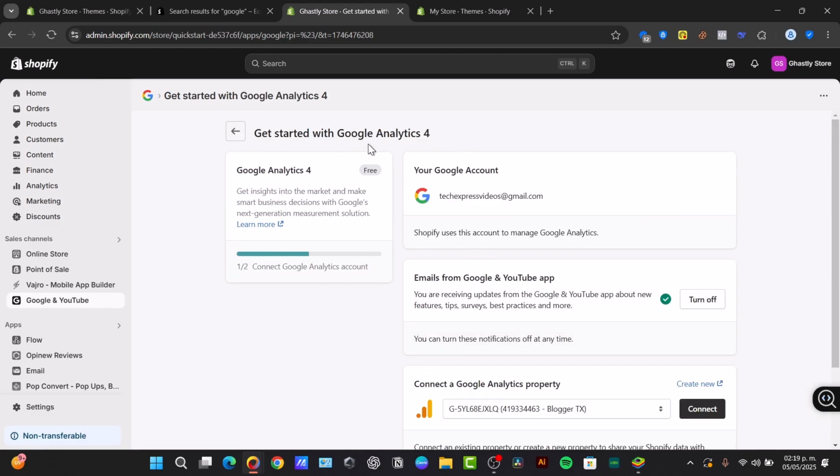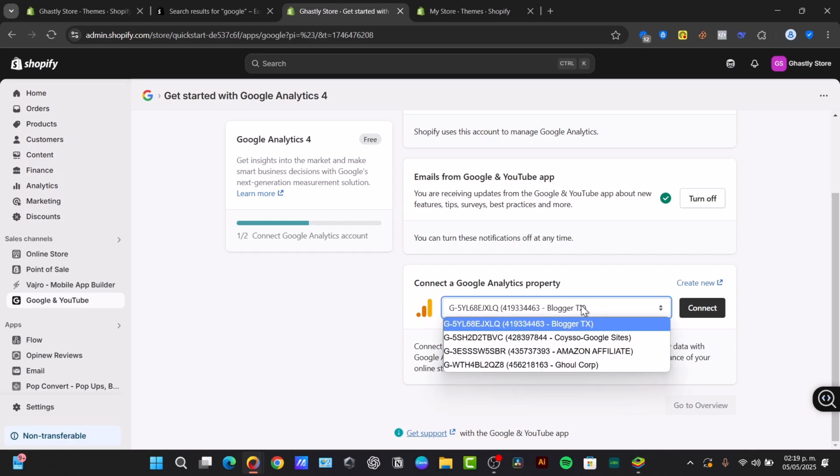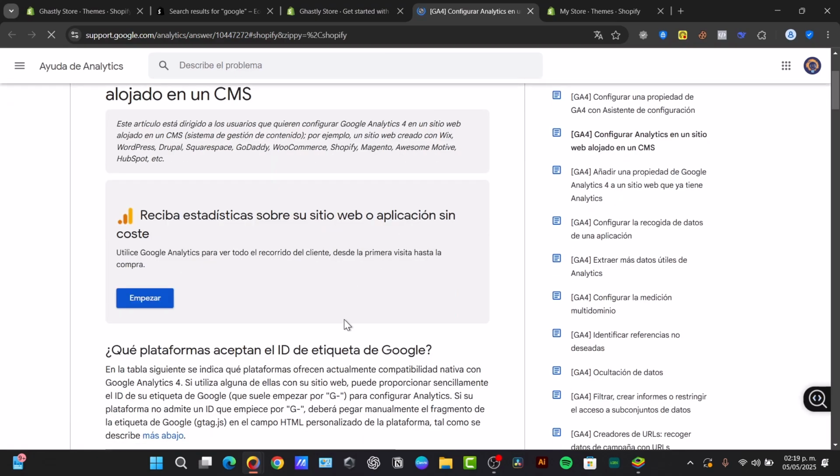Now here it should be asking us to enter the Google account. Here's my email. Here are my Google Analytics properties. And since I already have a Google Analytics property, what I'm going to do here is choose one of them and go for connect. If you don't have one, you don't have to worry about it. Just choose the option that says create new, and this will send you directly into Google Analytics, so you can configure a new